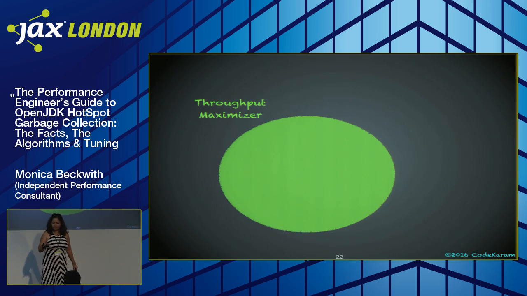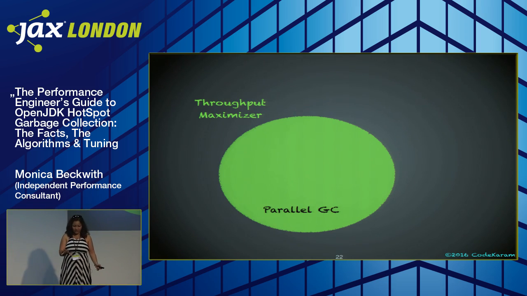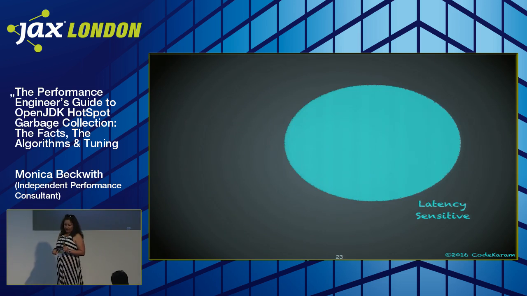So if I did this green circle as your throughput maximizer, then that would be your parallel GC. It is also known as throughput GC. It is also known as parallel old GC since, I think, JDK 6. And then if I talk about the latency sensitive collector in OpenJDK HotSpot, it's the CMS GC, the mostly concurrent